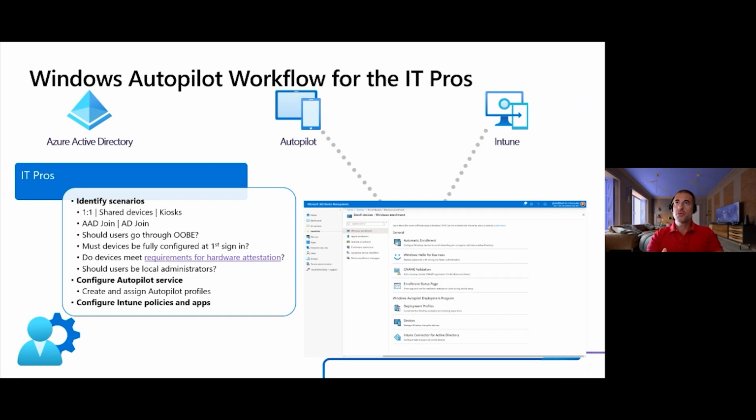So the IT Pro, the first thing that he does is to identify the scenarios of whether it is shared, one-to-one or kiosk, if the device has to be joined to Azure Active Directory, or if it has to be joined to the Active Directory forest initially and then registered to Azure Active Directory, what should be the experience for the end user during UPI,